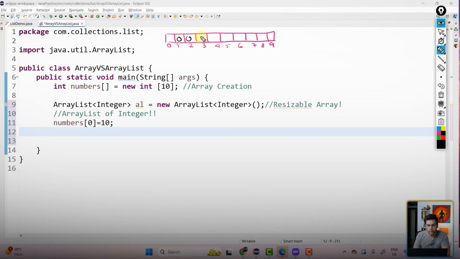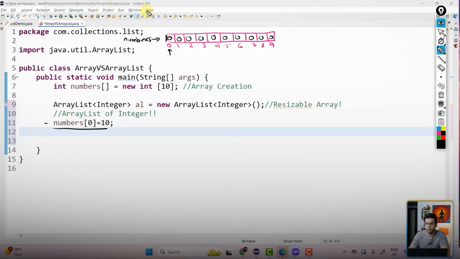Everywhere 0 will be there. But then I am saying numbers[0], so on this 0th index, you put 10. Is this part clear to everyone? So this is numbers. Clear?